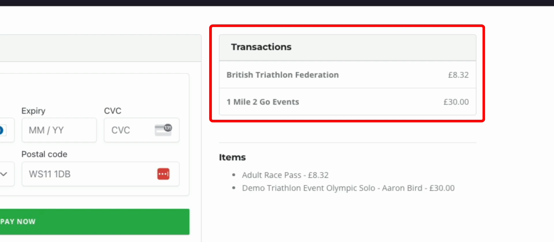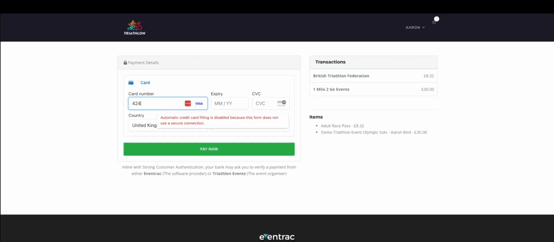Similarly, if that participant can't go and they need a refund, that is something that you can issue, but the money will be reversed from the British Triathlon Federation account. So in both cases, it makes your accounting much easier. You're not handling money which isn't your own, and you're not going to have to pass money to British Triathlon Federation after the event. Now, if we quickly go on and finish the process, I'll just enter some dummy card